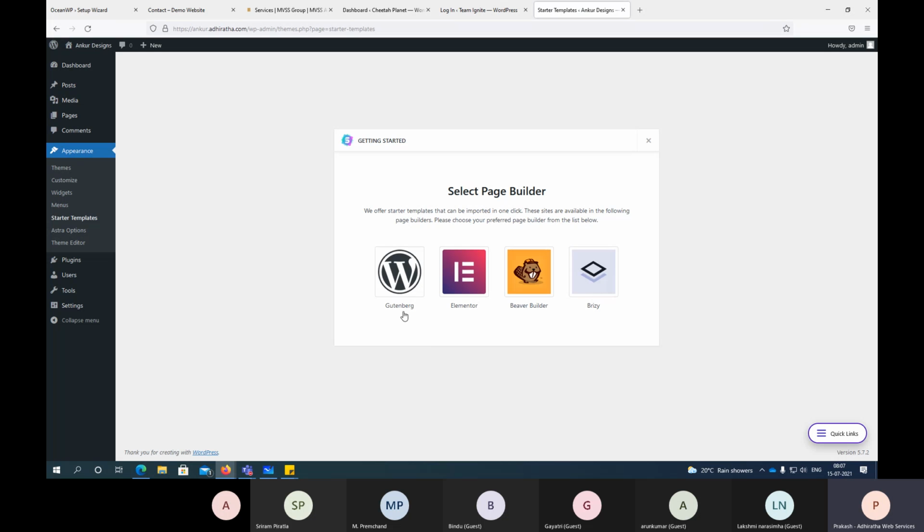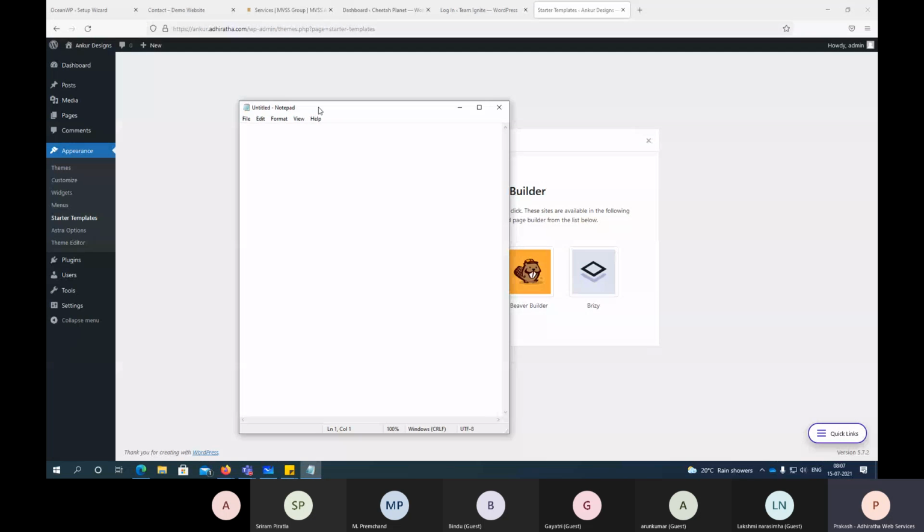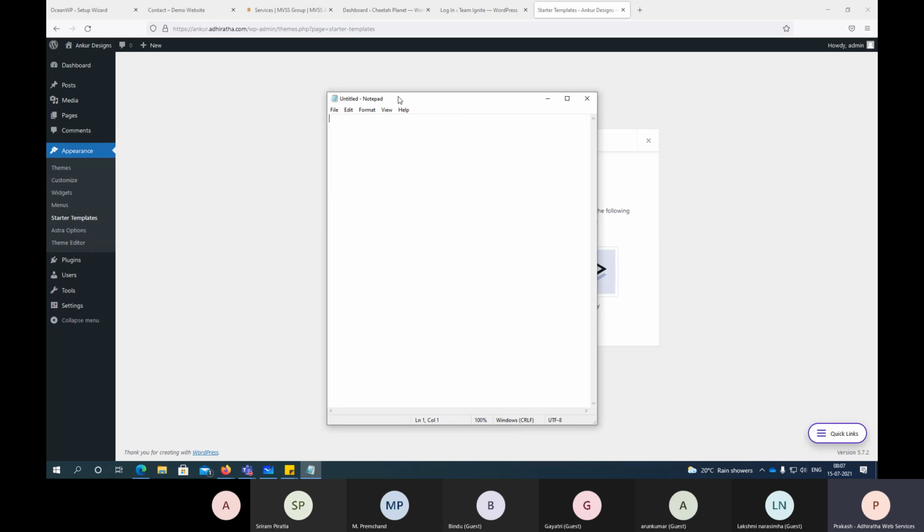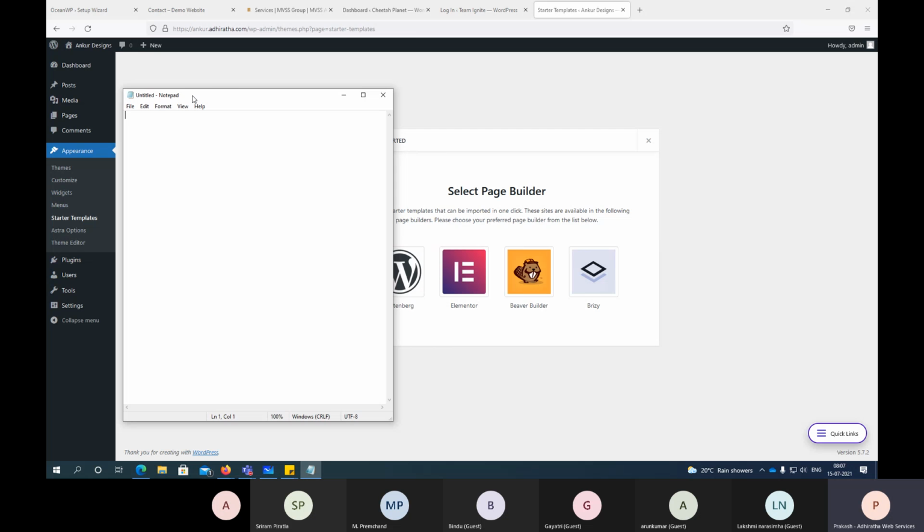Right. So here, these are the different editors, Gutenberg, Elementor. Like, you know, in your system, you have a WordPad or Notepad. So Notepad is there, right? So what do you use it for? To make a document or edit some document, right? You can use Notepad. Notepad is so powerful, you can do coding also in Notepad. So, you know, computer science background guys will have an idea where you can do that. Yeah. So here, Notepad is a powerful tool, right?